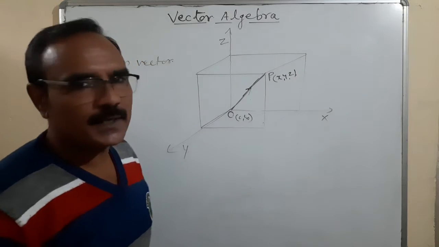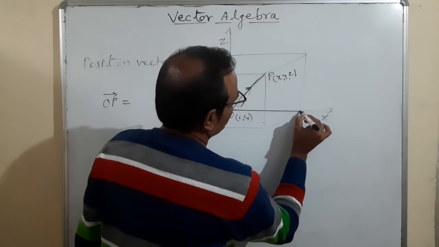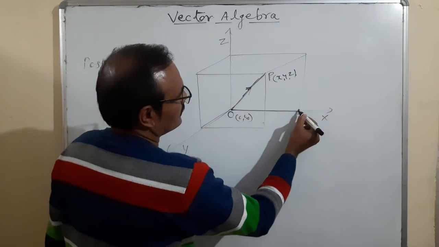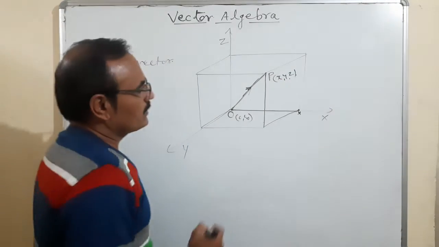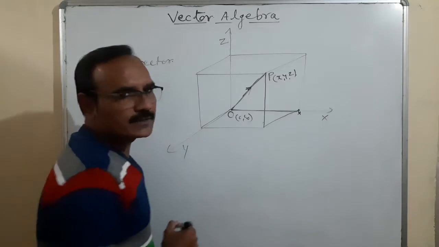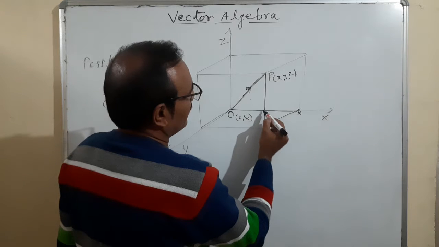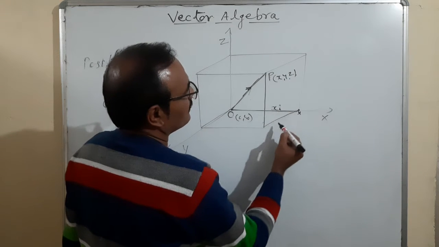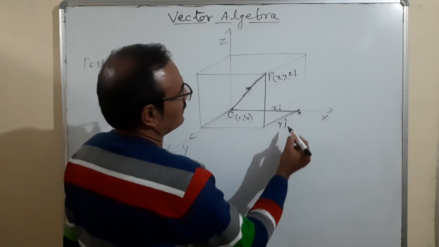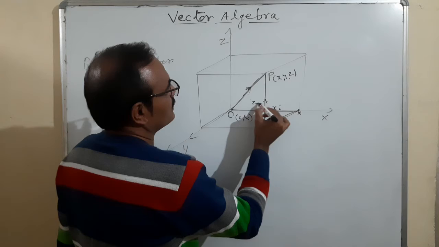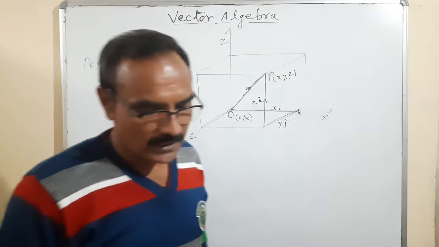When going to vector OP, the procedure is, when we are going here, first of all we'll have to go up to here. Then this is the direction, and then that is the direction. So this is the direction along the x-axis. When you vectorize this term, it will become xi. This is along the y direction, it is yj, and that is zk. Actually, these are the unit vectors. I'll explain to you what these are. These are called the unit vectors.